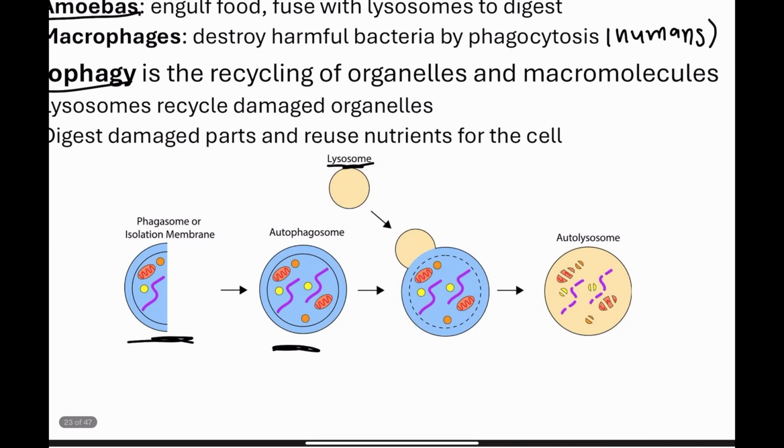which is going to isolate them from the rest of the cytoplasm, and then we're going to get the fusion of the lysosome. And that is going to form an autolysosome. And the lysosome, it's going to contain hydrolytic enzymes that are going to degrade the enclosed material. So the cellular components, they're going to be broken down into basic building blocks like fatty acids, like sugars, and like amino acids. And then those monomers are going to be recycled back into the cytoplasm for reuse in new